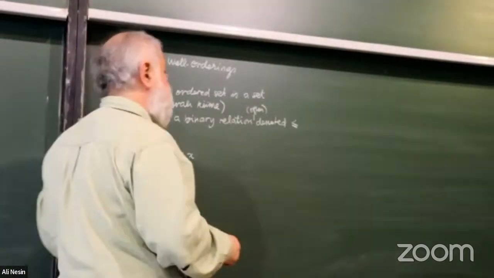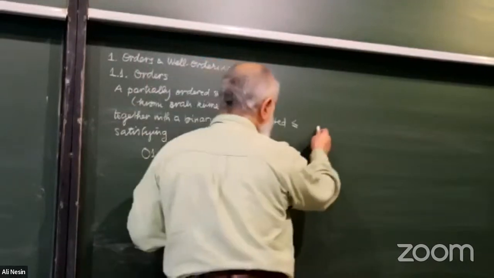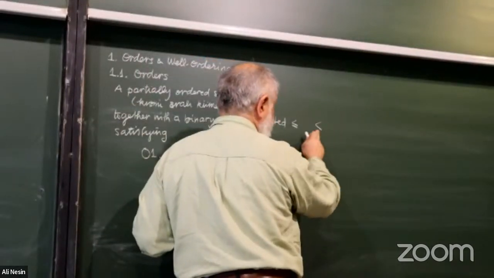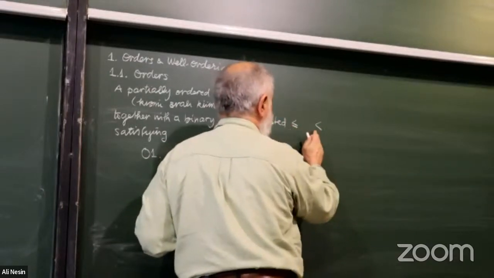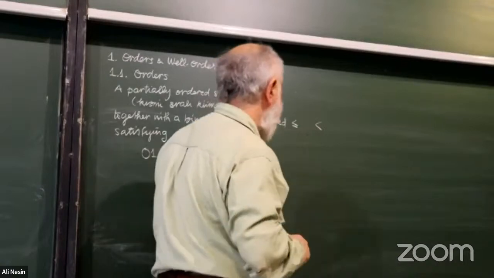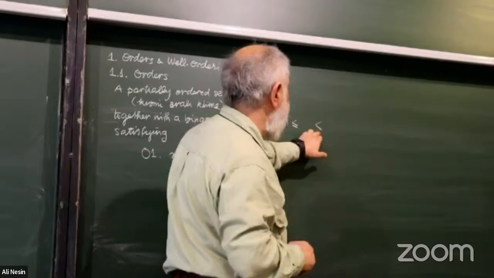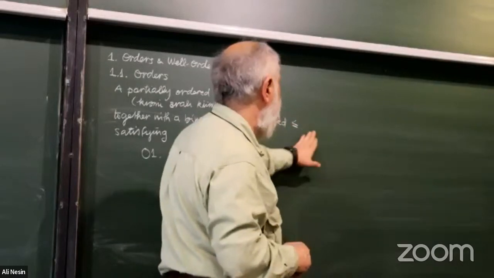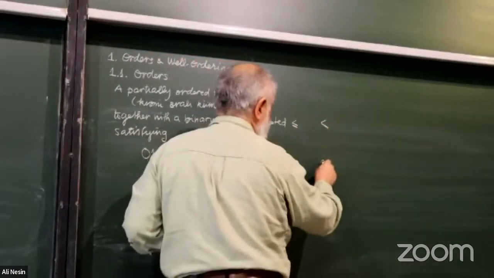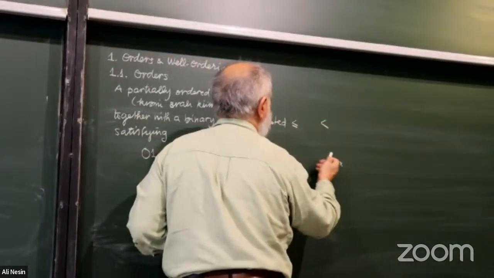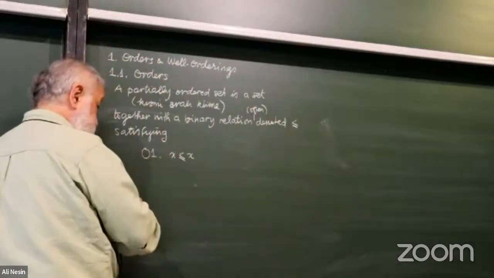Well, there are two ways of defining orders, like this or like that. This is strict inequality. This is, in a larger sense, inequality. I don't know which one I will take. This one probably, but I can also do with this one. One can do with both. I will take this one. So if you have this, then X will not be less than X. Will not be. X less than or equal to X.